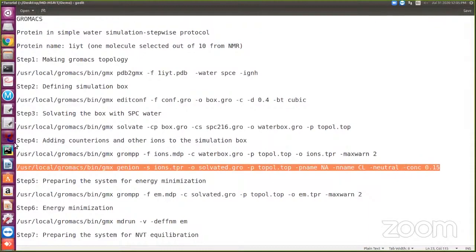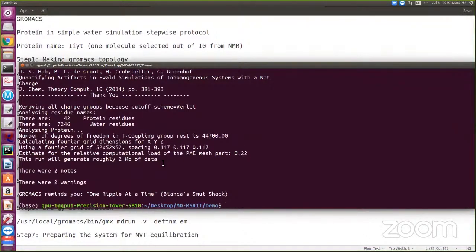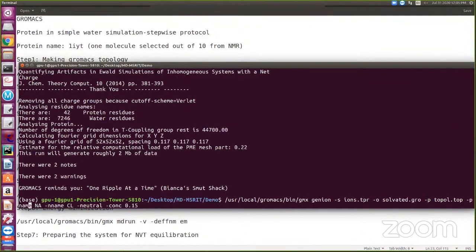Okay. So what I'm going to add here, I'll just explain this command. This command, gmx genion, -s is my input file, ions.tpr, which I gave from the previous one. Everything in GROMACS is predefined. That means your previous output file is the input for the next file. Please try to understand, and naming is also very important. ions.tpr I created from the previous command, that is my input here.